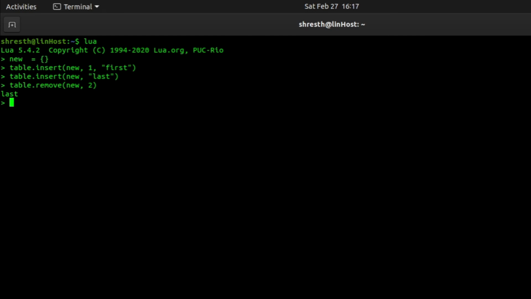Now there is a generic function in the Lua table library which is called table.move. It takes a few parameters which I will explain one by one. The first parameter, as usual, is the table name, which in our case is new. The second parameter is the starting index, which I'll say first. The third parameter is the ending index of the table. And the fourth and last argument is the position where you want to move. So I'll say simply t or index.